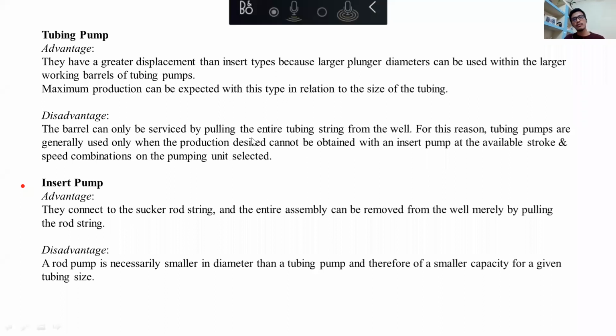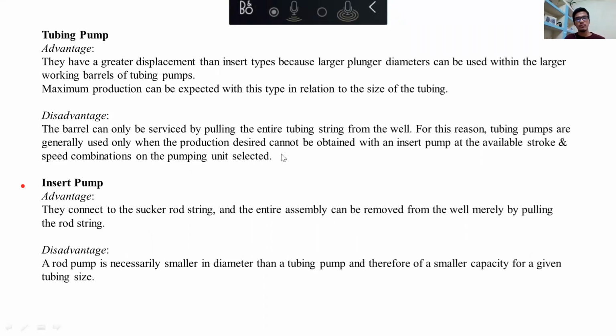The disadvantage would be when your pump is failed, or your standing valve or your traveling valve is leaking. If you want to service your pump, your barrel, or your valves, you are going to pull out all your tubing string. So you are going to waste your time and your money